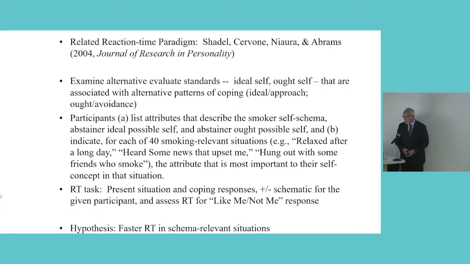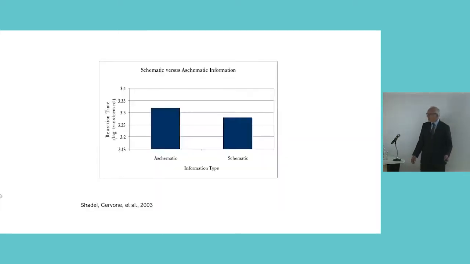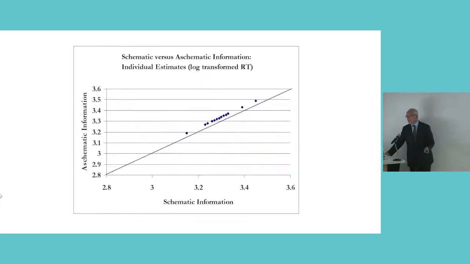Bill Shadle and colleagues devised a task in which they ideographically identify reasons for smoking, things you think you ought to do. My family thinks I ought to do this to be in better shape, things you would like to do, and is able to identify variations in reaction time as a function of smoking responses, self-efficacy responses, again, reaction time to answer the question as a function of schematic or aschematic items, and is able actually to run these analyses showing a really tight relationship between a separate measure of schematicity and reaction time after some numerical transformation